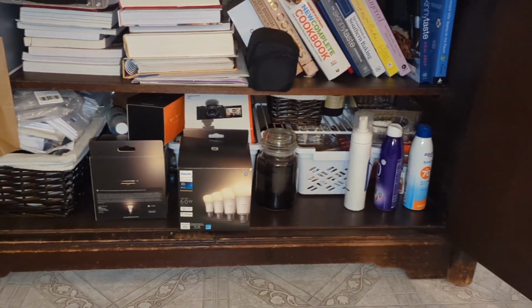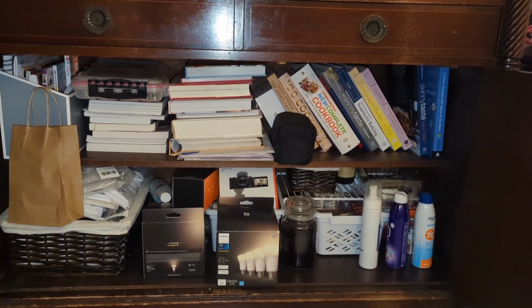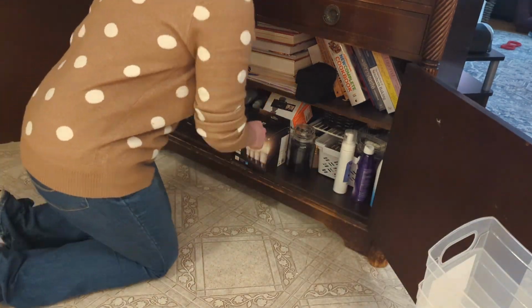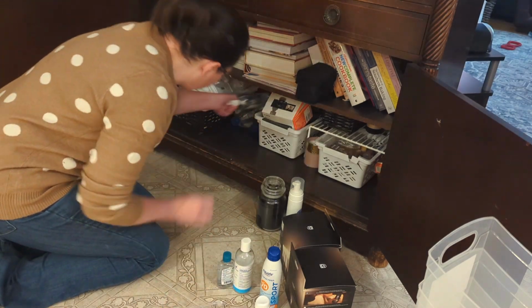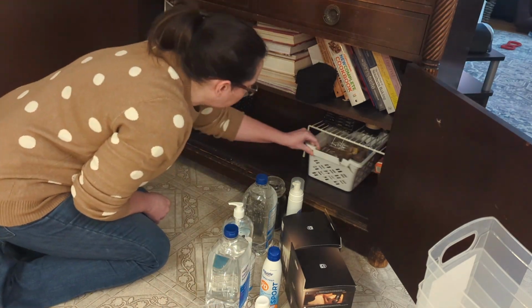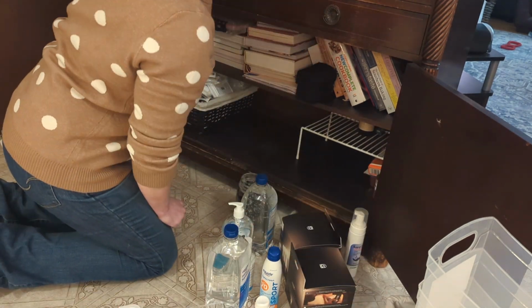This was another huge space that I had wanted to work on. The bottom, I just had no idea what to do with for a long time, so I just kept piling stuff in there. I ended up picking up these bins from Walmart. I have one from the Container Store under my sink that I used, but I recently watched a video from the Minimal Mom, and she was showing all the uses for these bins, and I just had never thought of it for under here. But it worked out so well because I was able to actually